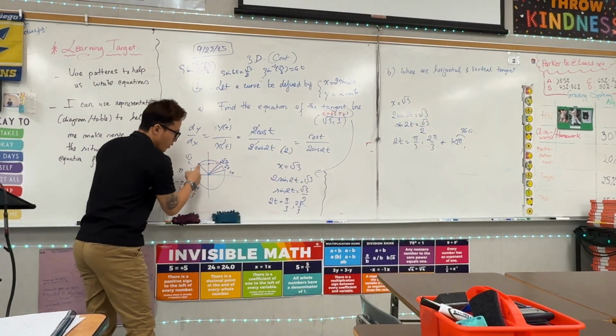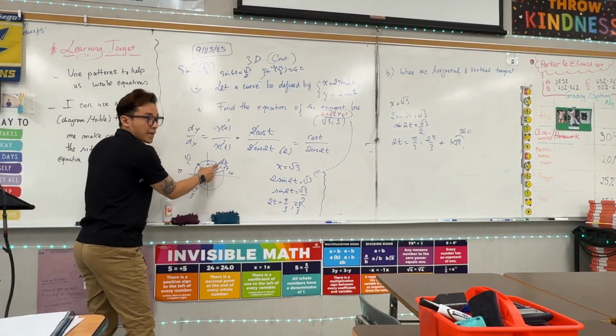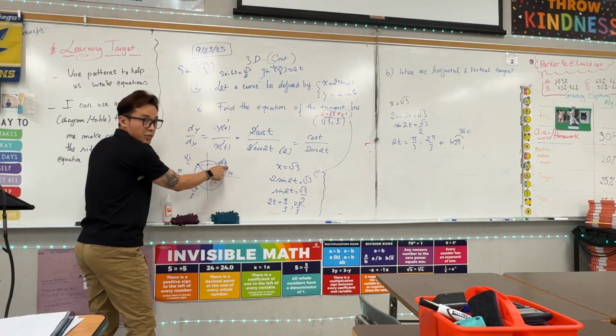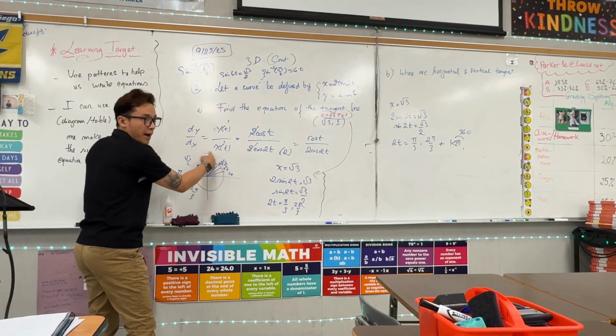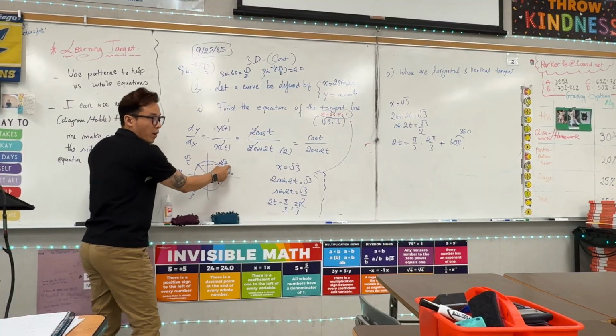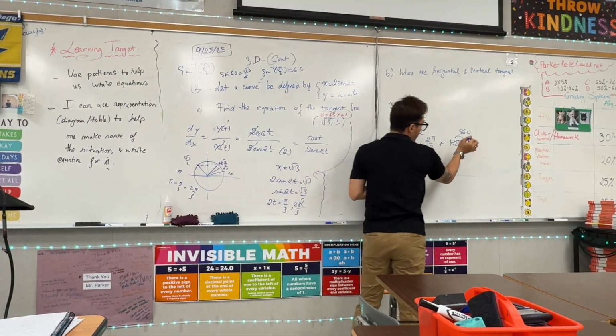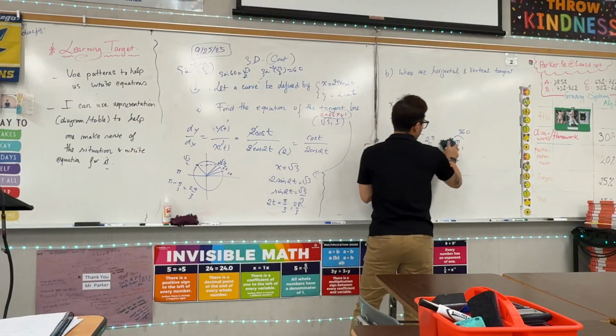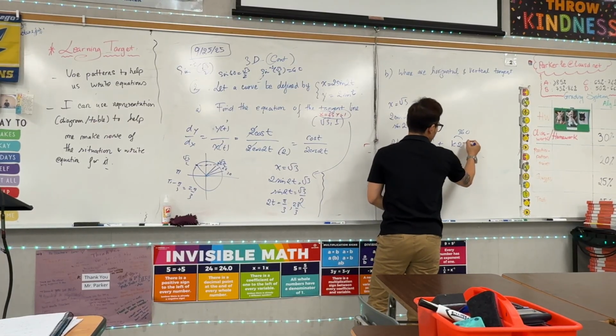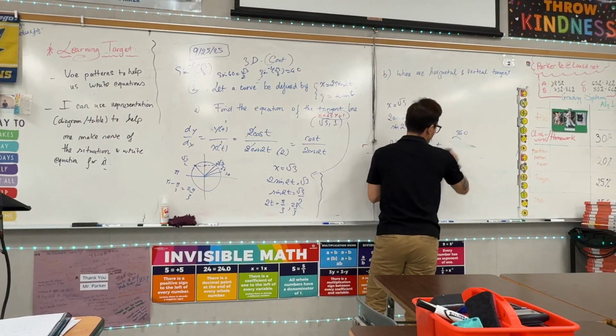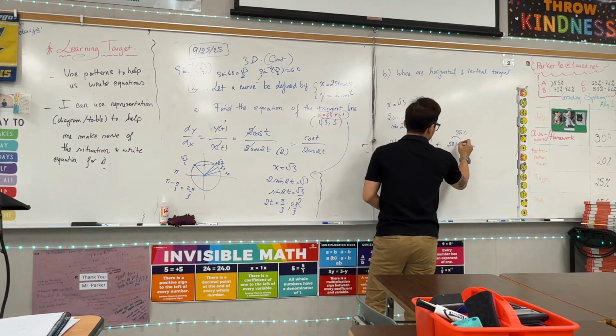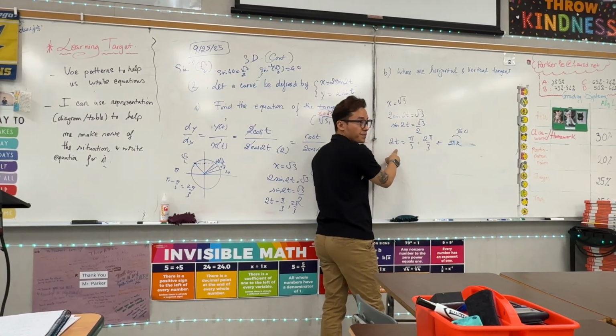So you go from here, go around, and come back here. That also gives you square root of 3 over 2. So every time you go 2 pi, they go back to the same value. So you need to add k times 2 pi, or 2 pi k, whatever. 2 pi k. And then t equals